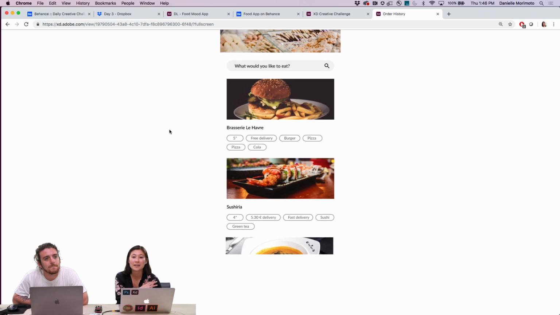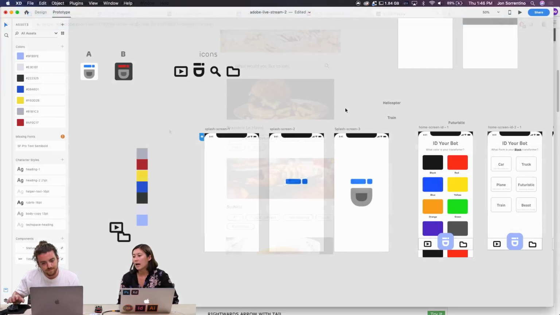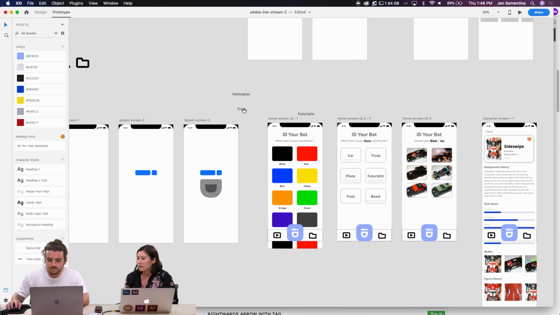Thank you all for submitting your XD Daily Creative Challenges. It's been fun to provide feedback on them. This is probably one of my favorite parts, to see what everyone's creating. There's a lot of great thinking and projects going on here, and a lot of great examples of using color and typography to make things push and pull. Everyone in the chat has been doing a great job over these last 2 days. So we'll let Jon finish up his designs, and as you keep going through, we can see where you are in your prototype.